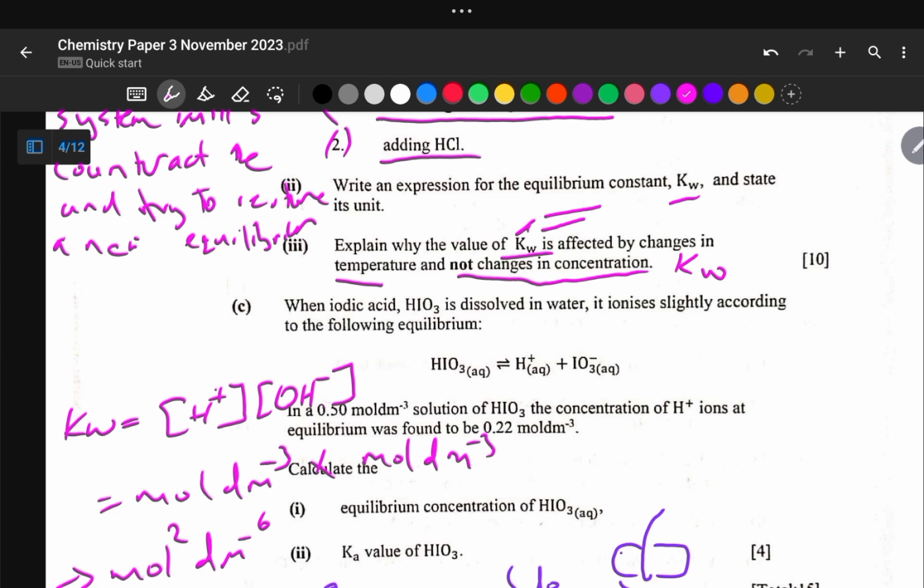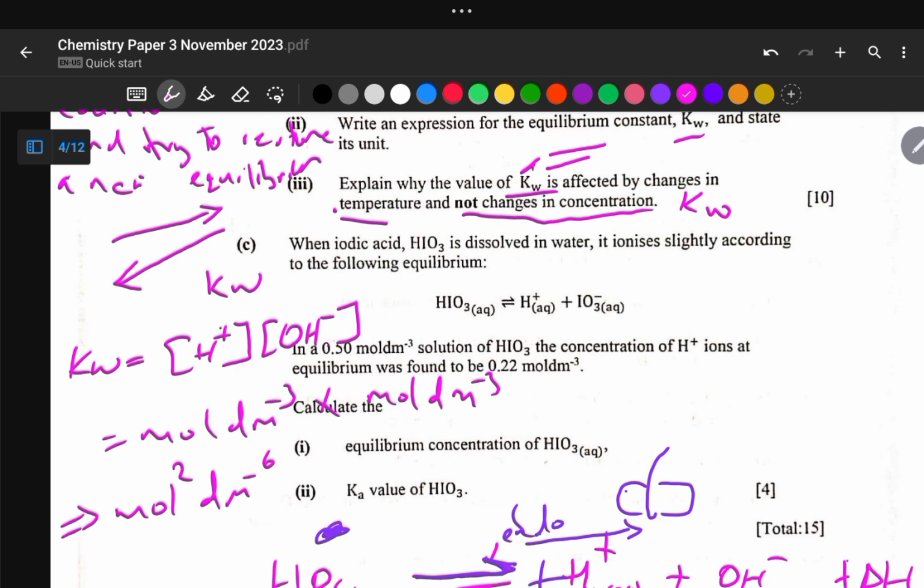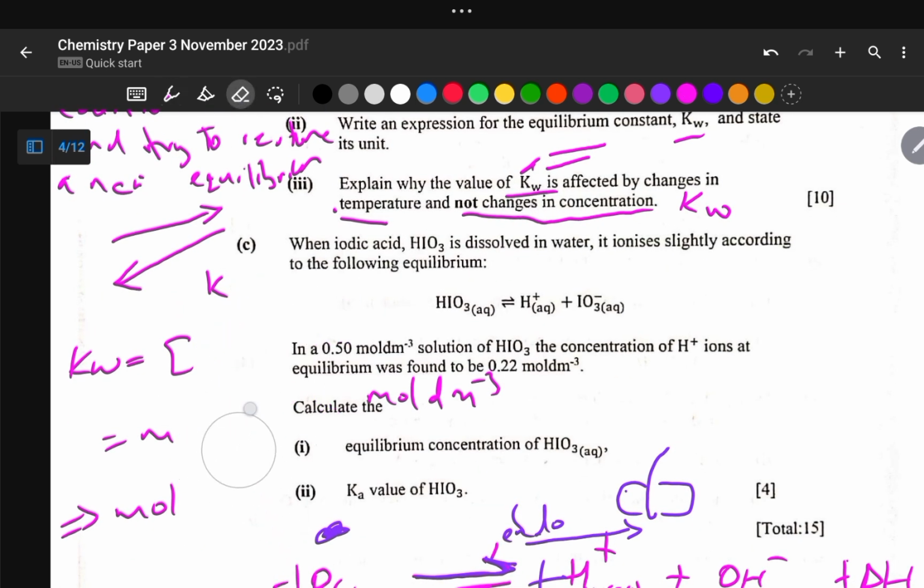But if you are to change temperature, either to increase or to decrease it, we are going to affect one reaction dominantly. So we are going to either affect the forward reaction dominantly or the backward reaction dominantly, thereby affecting the value of Kw. So you should take note of that one. And then we are now moving on to number C. So number C says